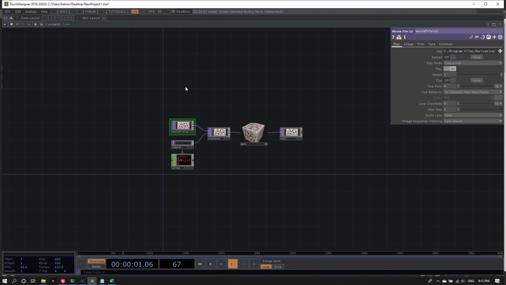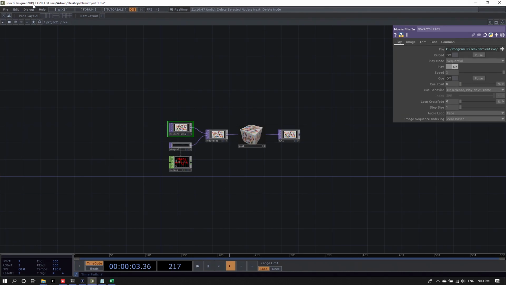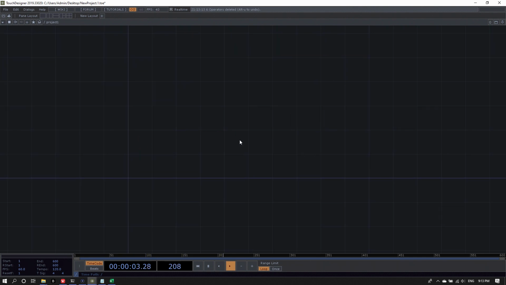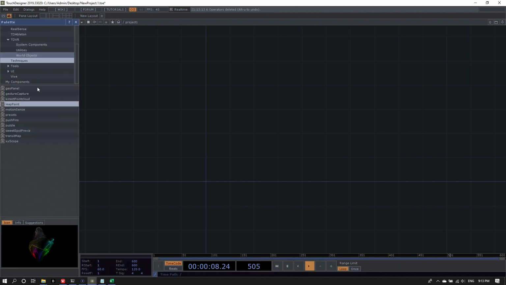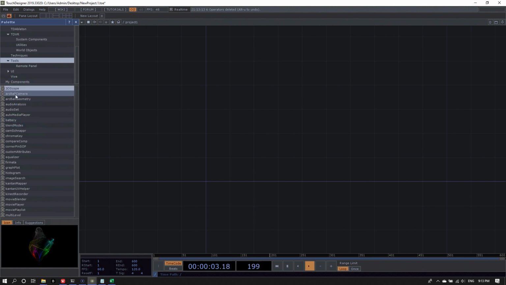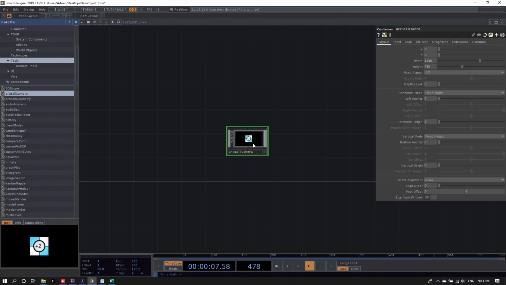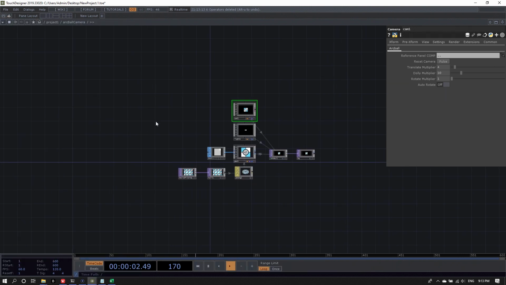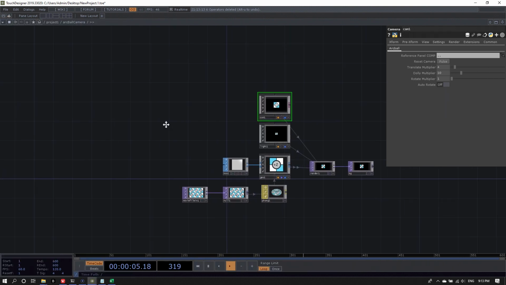So I've got TouchDesigner running here. The version that I'm using is the most recent experimental, it's the version 33020. To get started, let's remove all the default operators. And since we can always make good use of it, let's bring in from the palette under Tools the ArcBall camera. And let's go inside here. So we'll be using this as our default environment to start building the point cloud.